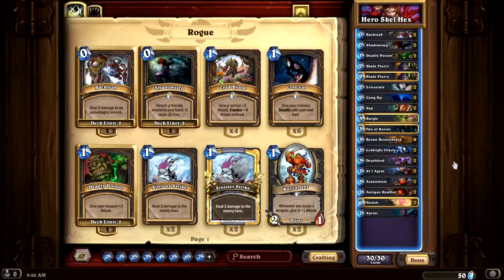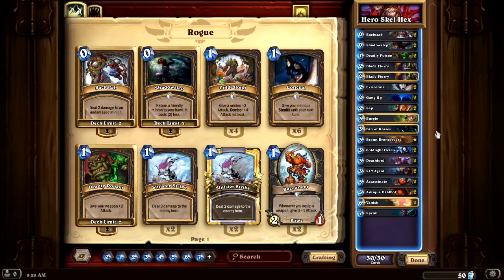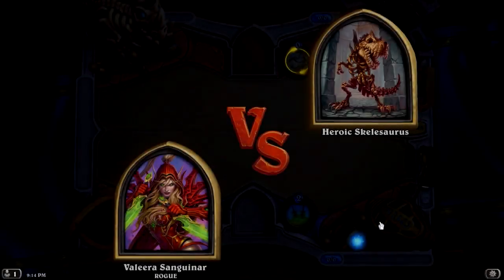But yeah, so those are your big ones. Backstab, Deadly Poison, and then maybe a Cold Light or something like that. SI7's also pretty good. Deathlord pretty good too. Anyway, guys, let's go ahead and cut here and get to the gameplay. Okay, so